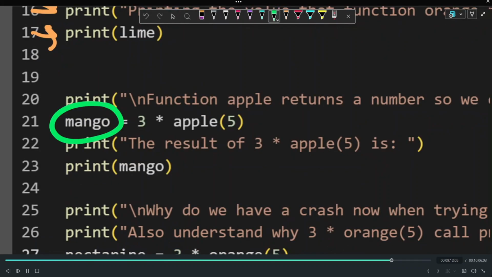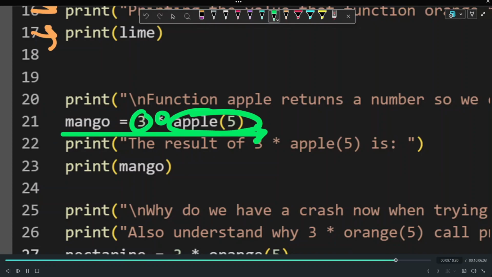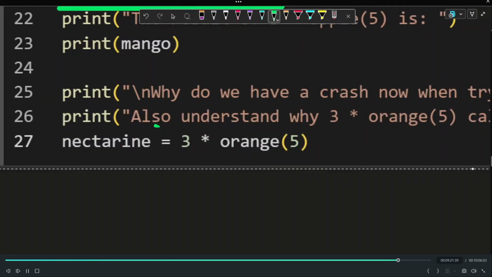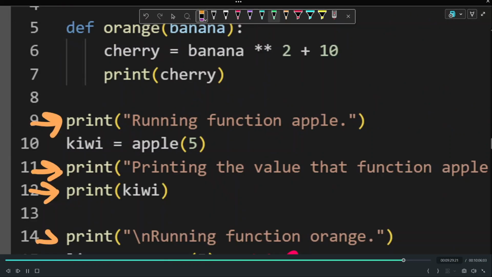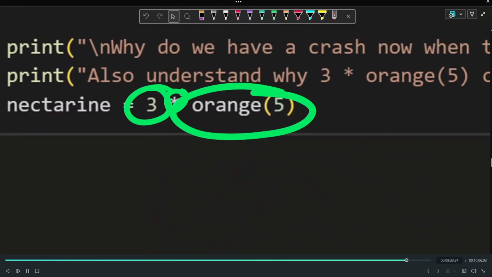Mango. So again, it goes from left to right. So do 3 times the value from apple. Now here, the same thing happens, except it's doing 3 times orange, and of course, orange does not return anything. It prints the status update. So it takes on the value none. Now 3 times none is just none. 3 times an empty variable, 3 times nothing is also nothing. But since there is really no nothing in programming,